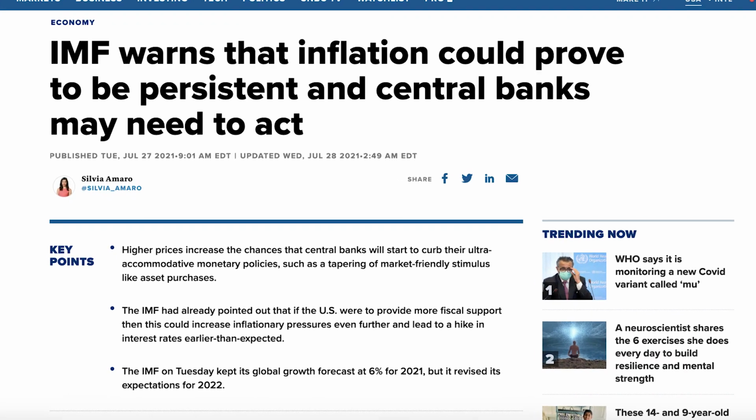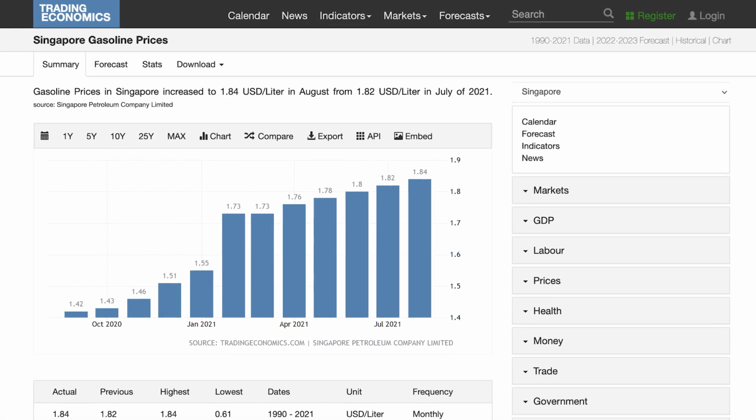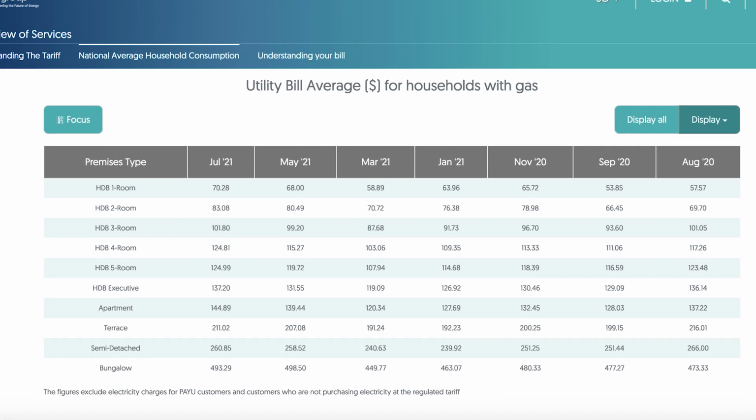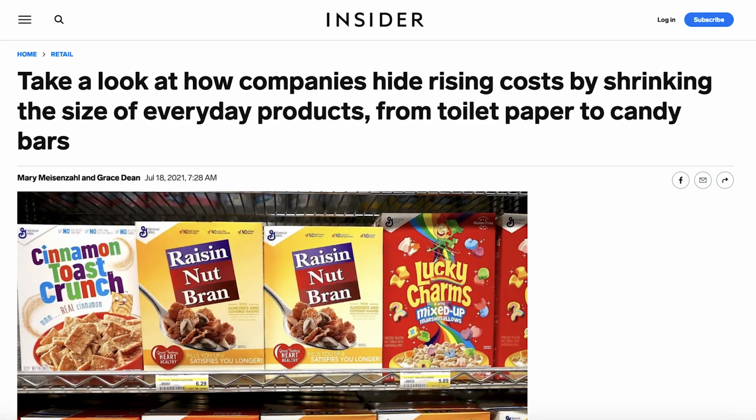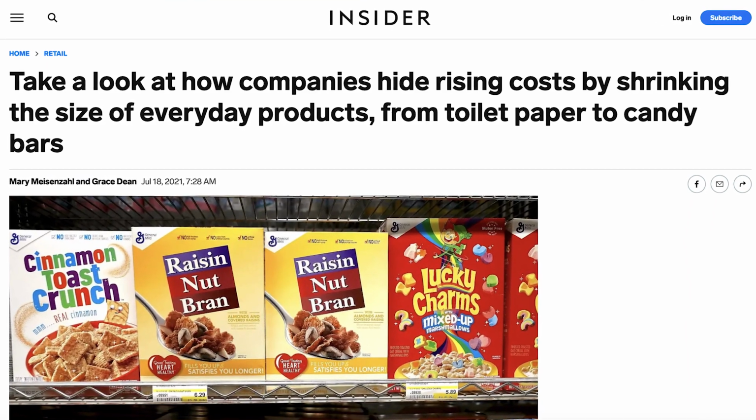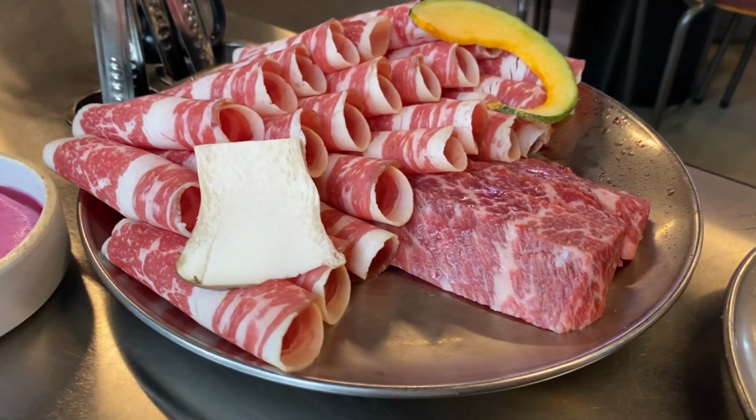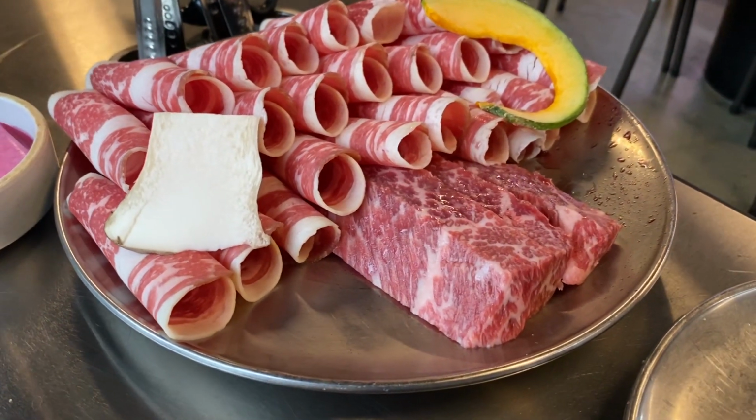But we all know that salary increments tend to lag behind inflation, and right now the world is experiencing some sort of significantly higher than normal inflation rates. My grocery bills have gone up 30 to 40% even though I'm purchasing the same items, the same quantity. Petrol prices are increasing, electricity bills are rising, and sometimes it might not even be a price increase but a size reduction to keep the cost the same and the profits the same. Like when I went to Korean barbecue, the meat quantity was reduced but the cost stayed the same.